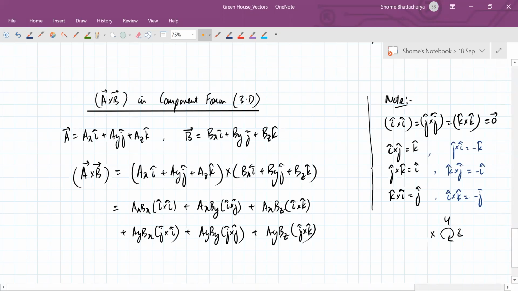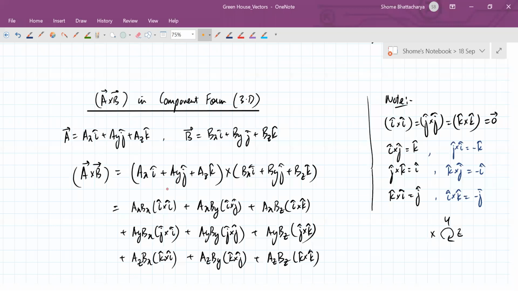And now the third term with all these three terms. Third term with the first one is K cross I, which will give you J. Then third term with second term is K cap cross J cap, which will give you minus I cap. And then third with third is K cap cross K cap, which is 0. So this is the whole thing; when you open this bracket, this whole thing has to be solved.